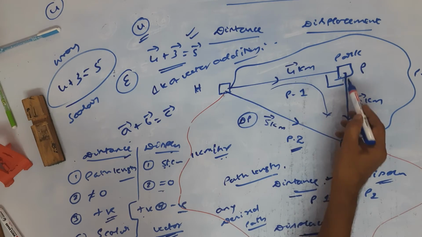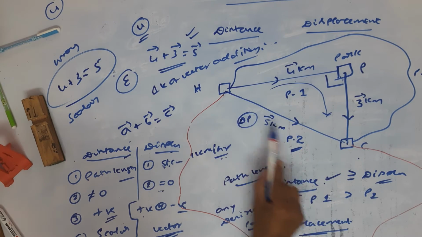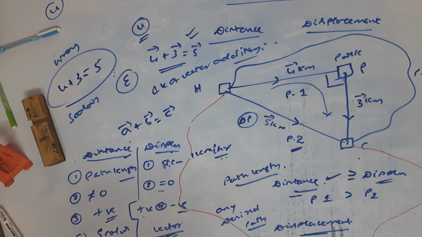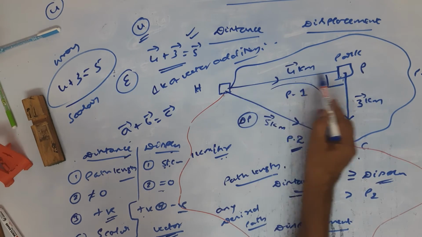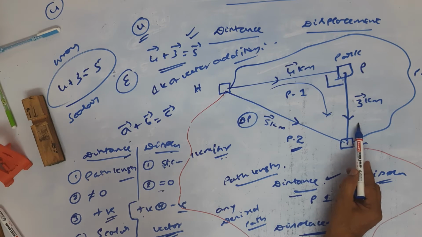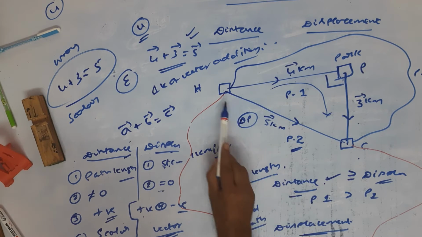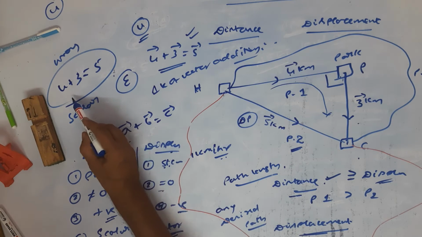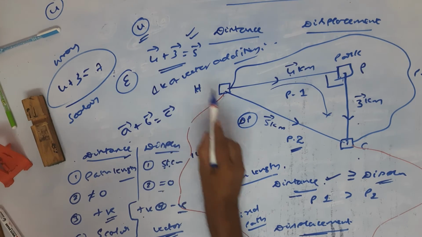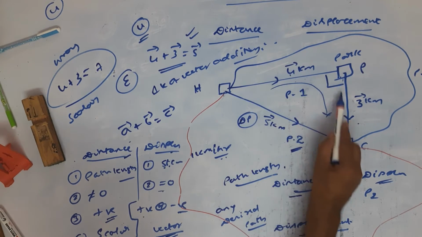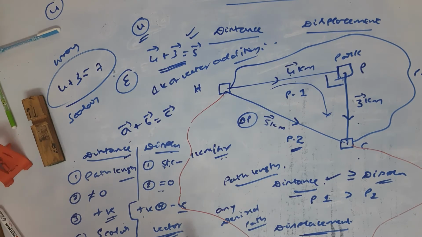Now this is called distance. Anything which is larger than displacement between those 2 points is called distance. Here you are changing the direction, that's why we are not considering the direction. 4 plus 3 is 7 km. 7 km is distance, whereas 5 km is displacement. You observe 4 plus 3 is equal to 7, it is distance. But when you take 4 and 3 and get 5, by the Pythagoras theorem, you are applying vectors. Therefore, it is displacement.